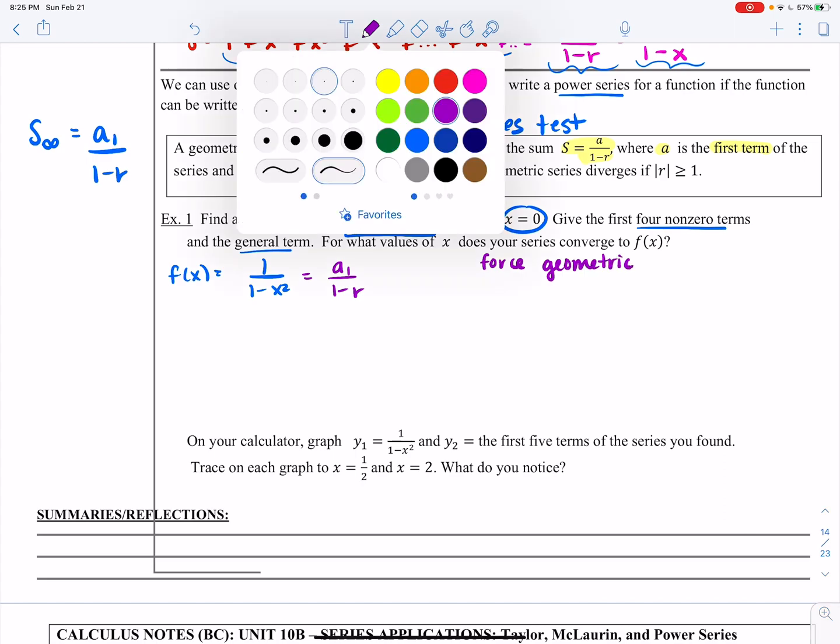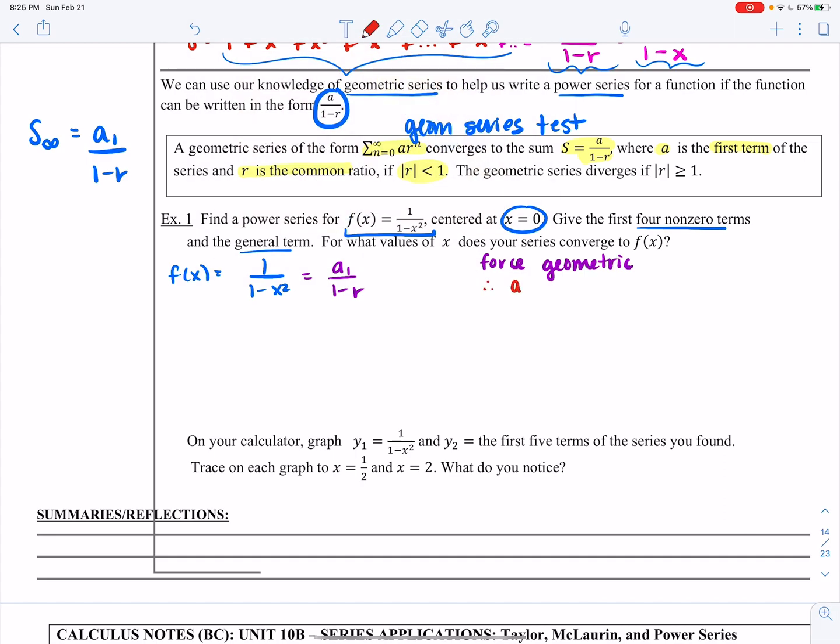If this is geometric, that means that the first term is 1, and the common ratio is x squared. Well, okay, I can build a series off of that. My first term is 1. 1 times x squared is x squared. X squared times x squared is x to the 4th. X to the 4th times x squared is x to the 6th. And I can continue this pattern of x to even powers, which means this is equivalent